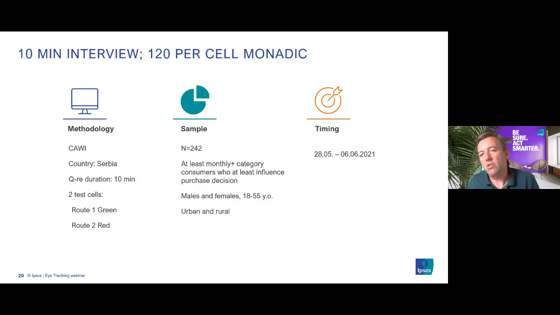And again, the context here, as I mentioned, is about putting pieces of the puzzle together. So 10 minutes an interview, very short, 120 per cell, monadic, online in Serbia. It was done last month, or this month actually, in June. And amongst a general population. One thing I haven't mentioned yet so far, and I'll go back to it, is